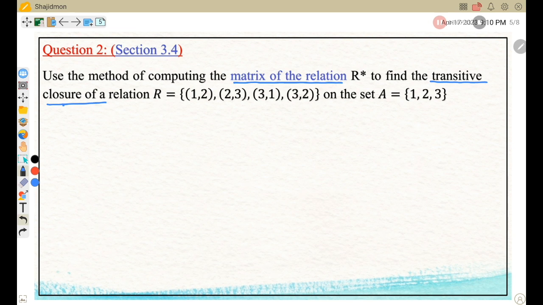That means this is a relation defined on the set A equal to {1, 2, 3}, and we just need to find the transitive closure. Transitive closure means we are representing R star. So we need to calculate the transitive closure R star by using the matrix of the relation method. In section 3.4, all of you remember that,